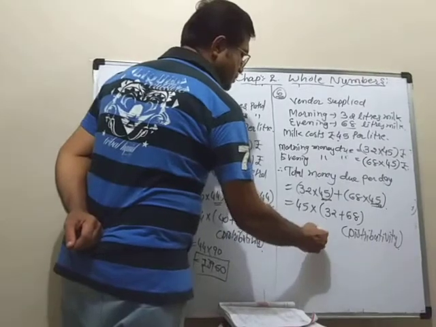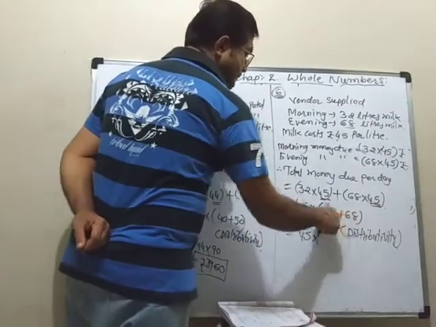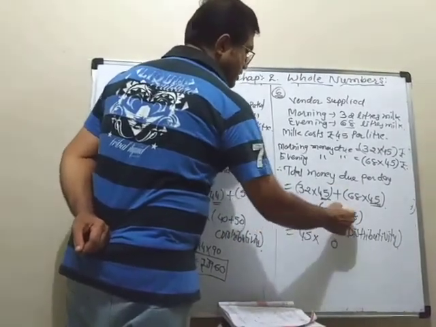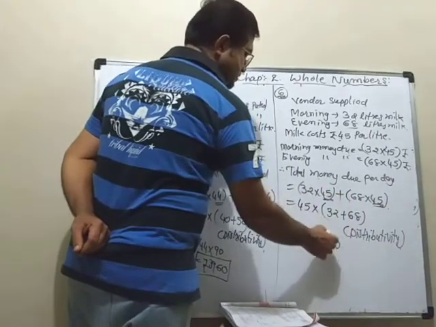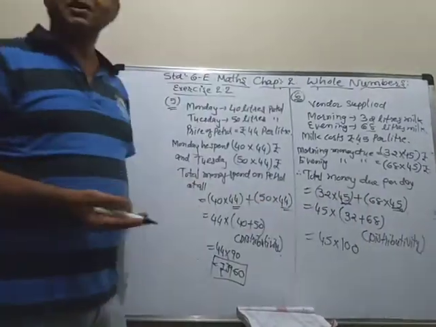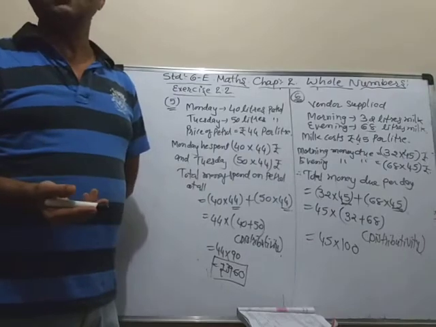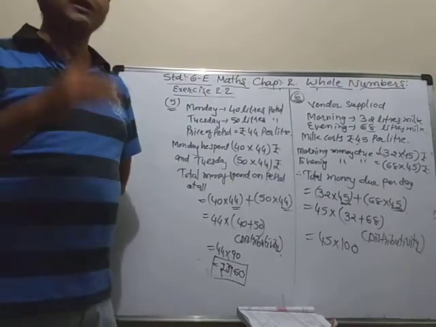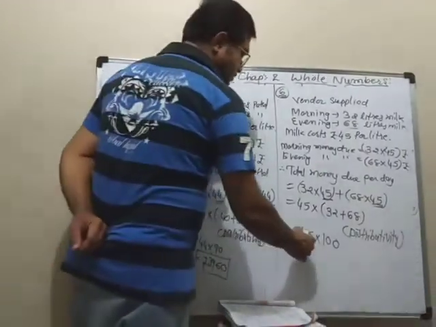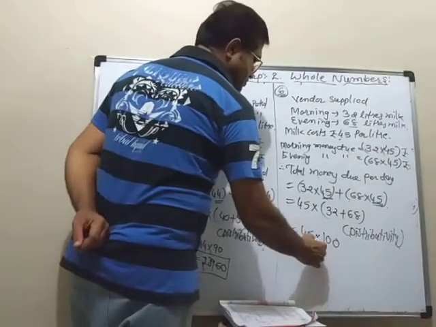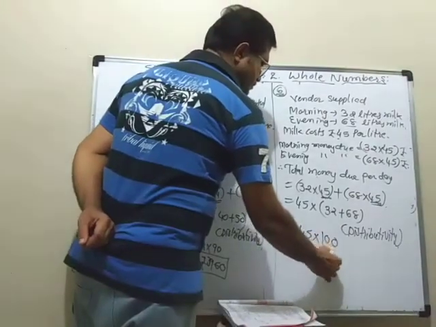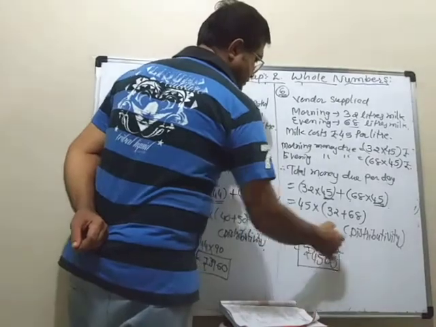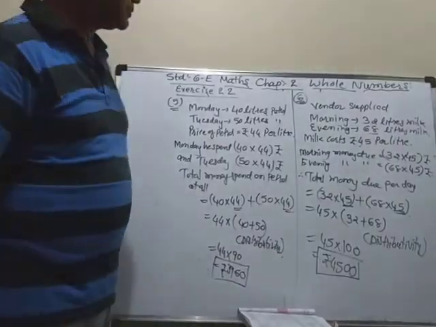Look there. 32 plus 68, 8 plus 2, 10, carry 1. 6 plus 1, 7 plus 3, 10. So now it is easier. You don't have to do any multiplication. Only put 2 0s behind it. So is equal to rupees 4,500. That is your last amount.